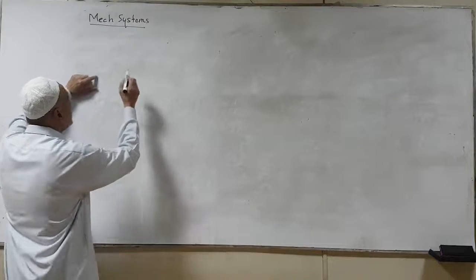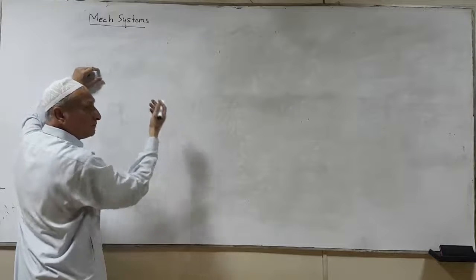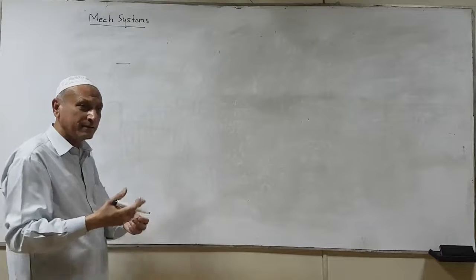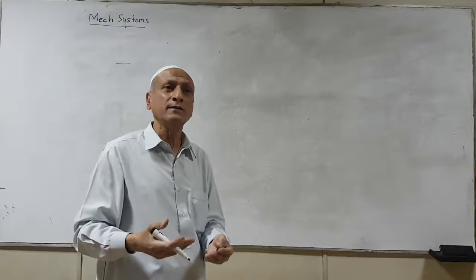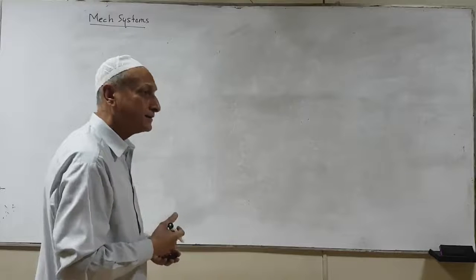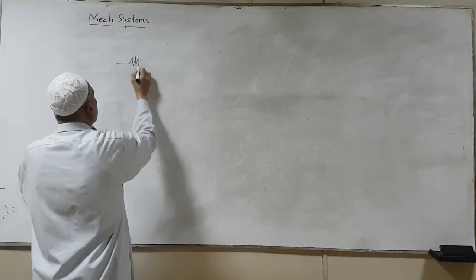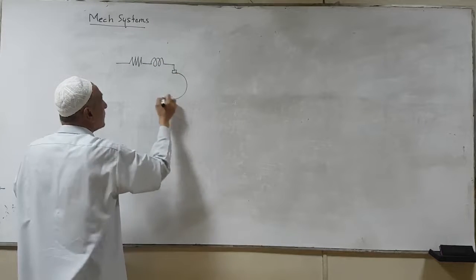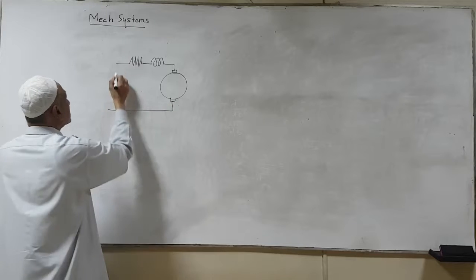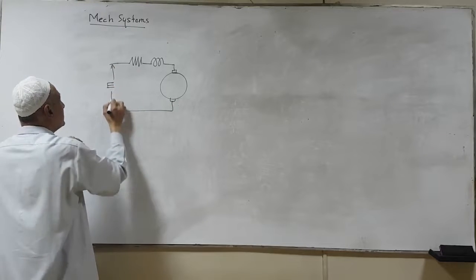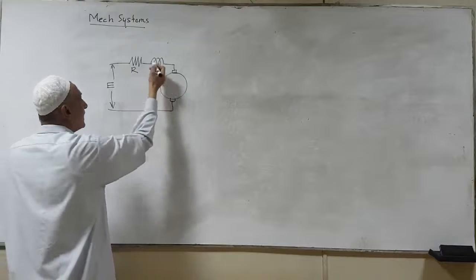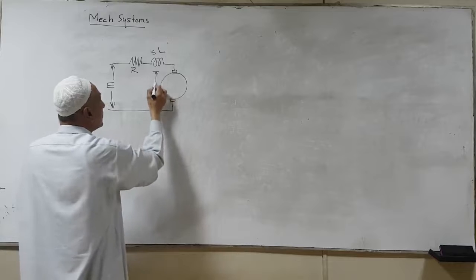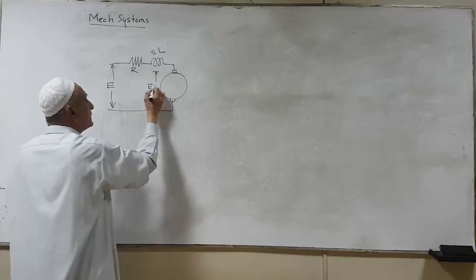Now in this case, let's say our motor is simply composed of a winding. A winding has inductance as well as resistance. So we have R and L, and they are in series. So this is the rotor part of that motor. This is the supply voltage, let's say the supply voltage is E. This is R, and I'll write things directly in the S domain. So this is SL. And then you must have heard about the back EMF. So the back EMF is EB.